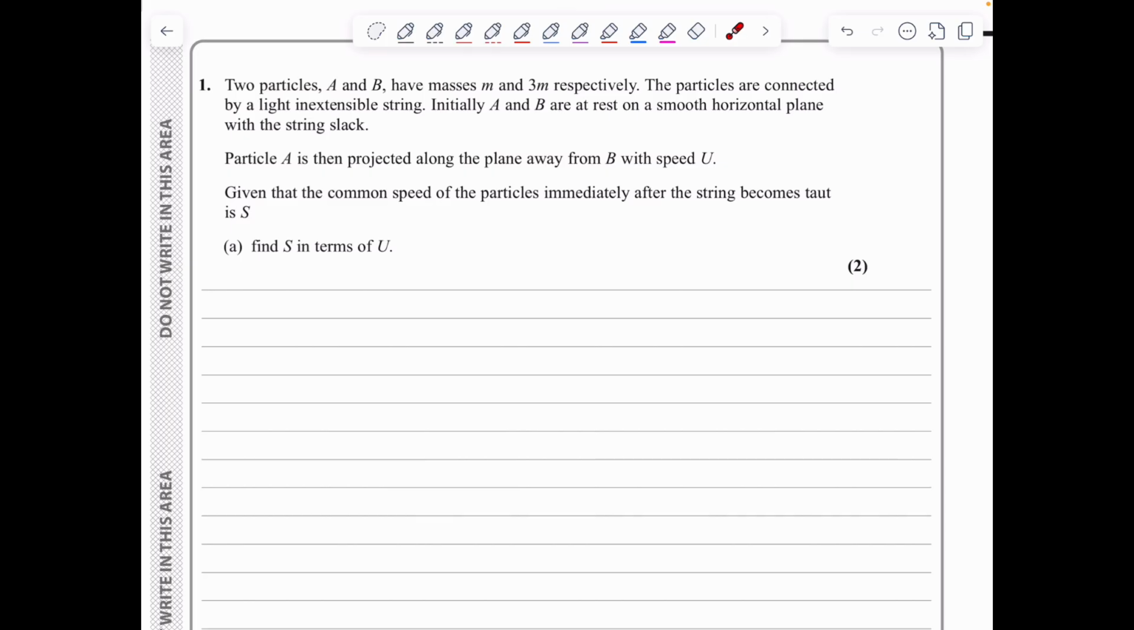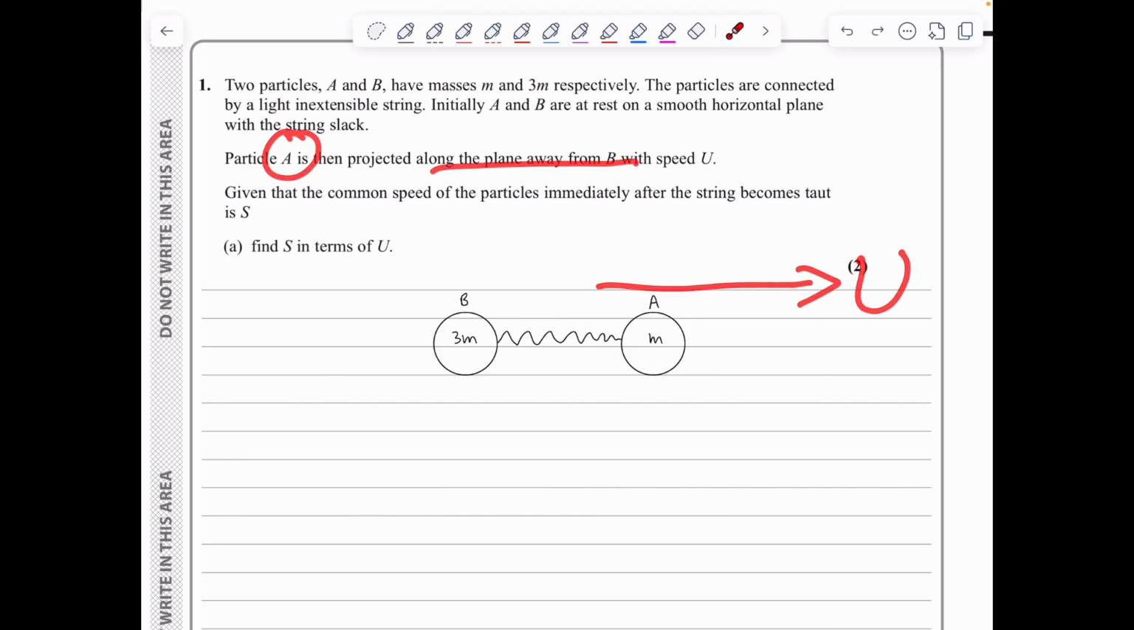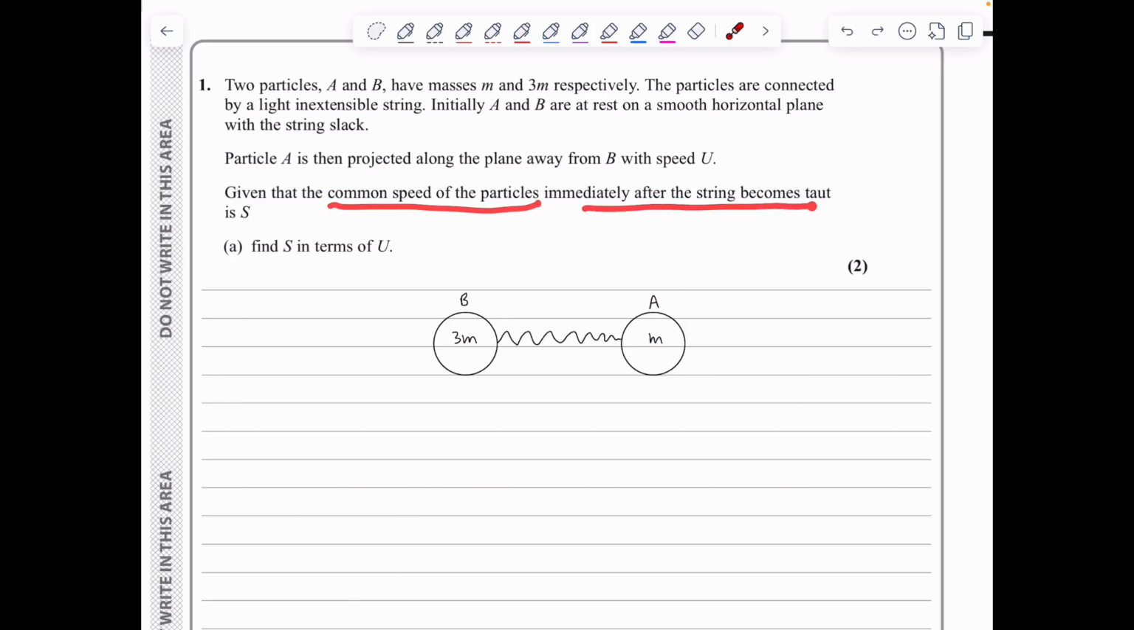Question 1, we've got two particles A and B having masses of m and 3m respectively. The particles are connected by a light inextensible string, and initially A and B are at rest on a smooth horizontal plane with the string slack, so something like this. Particle A is then projected along the plane away from B with the speed of capital U, and given that the common speed of the particles immediately after the string becomes taut is capital S, we need to find S